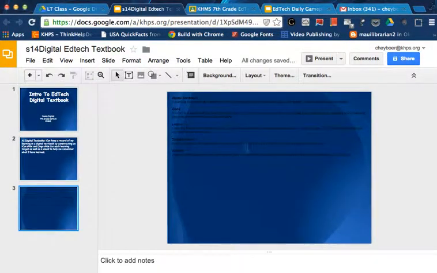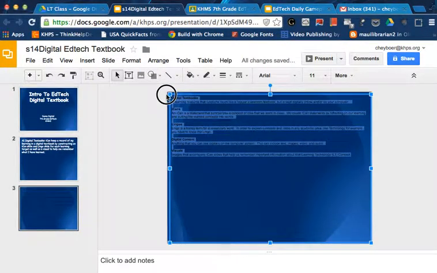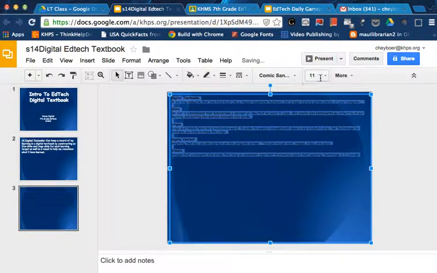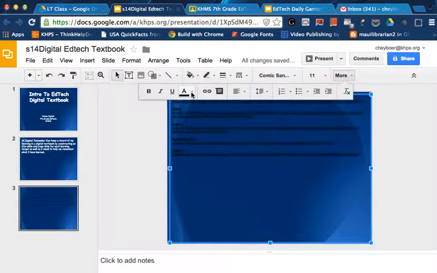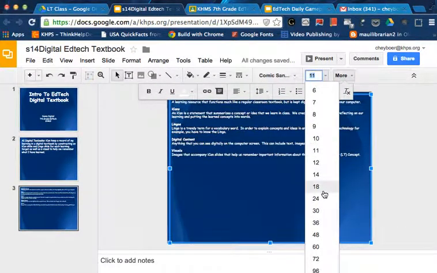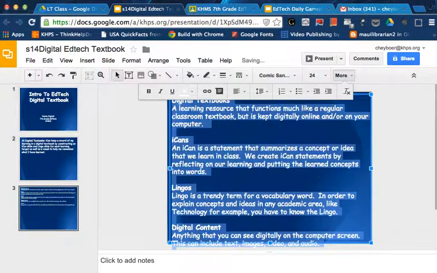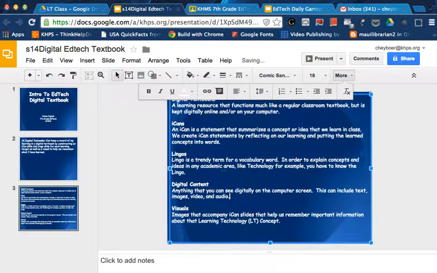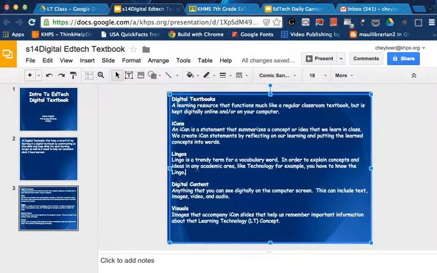Let me go ahead and put this information in here. Oops, I switched to the other one, okay? But now it's the wrong font. Let me go ahead and take a moment here to get this the right way for you. Again, I'm trying to save some time here by copying and pasting instead of typing all of this out. Sorry, I'm going through here. Let's make our font so we can see it a little bit better. That's a little bit too big for you guys. Let's try to go to 18. All right. So now what we have here is